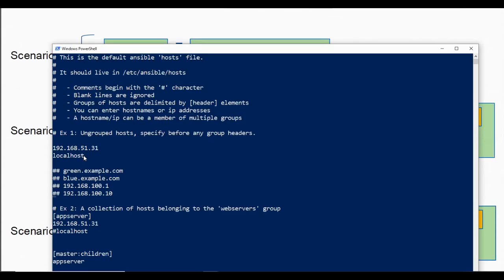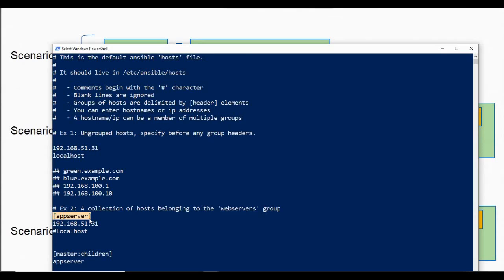Now in that case, it is easier for me to group those 5 machines which are running on Google and the other 5 machines which are running on AWS. So how do I do that? In order to create a group, I will have to write the group name in square brackets. Whatever has been written inside square brackets is the name of the group. So here is how I have defined a group, by